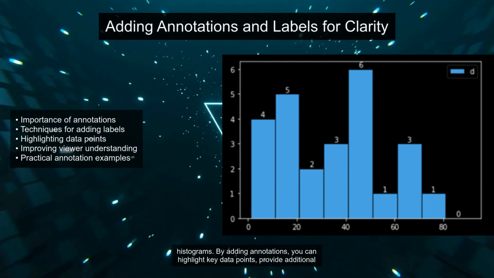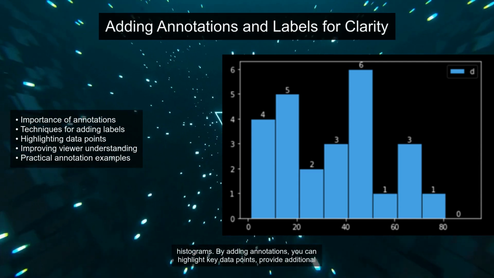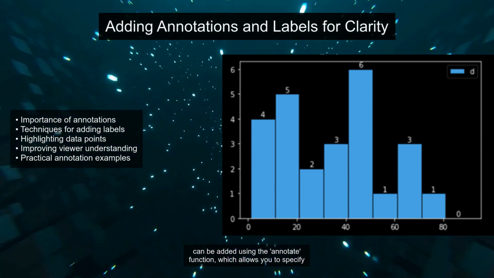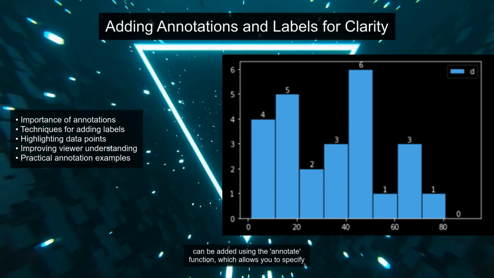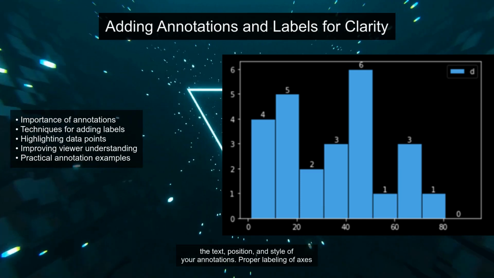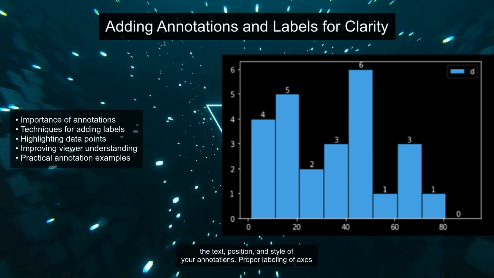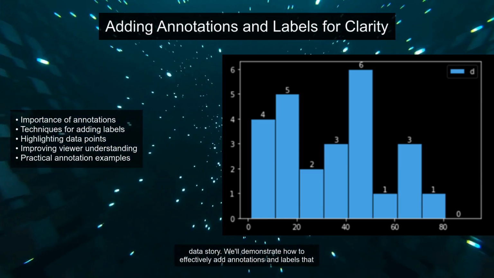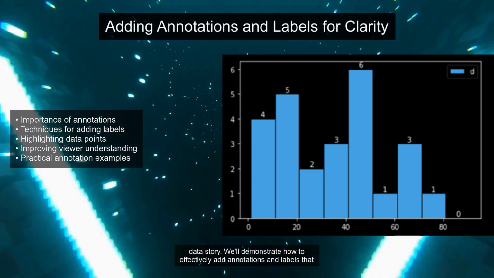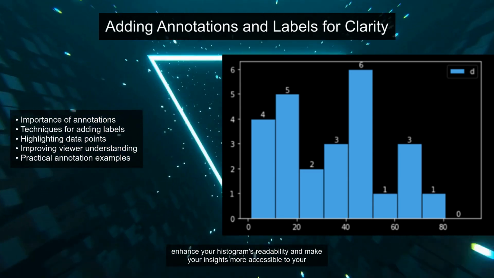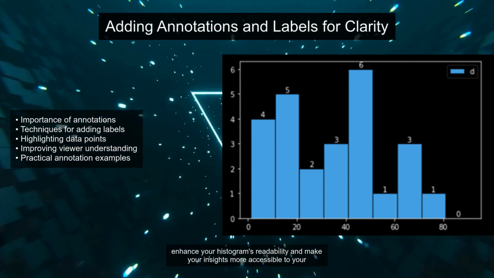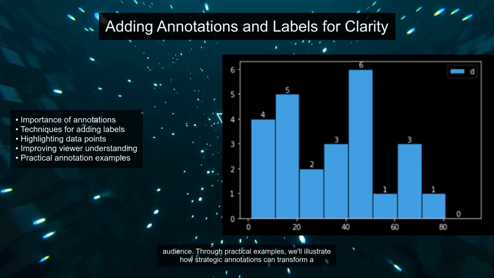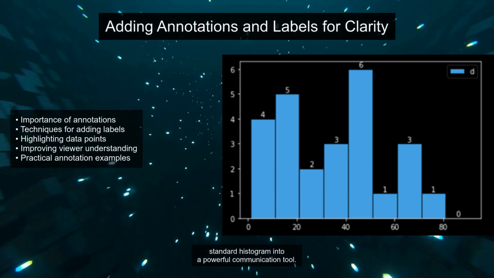Annotations and labels are crucial for the clarity and effectiveness of your histograms. By adding annotations, you can highlight key data points, provide additional context, or explain patterns that are not immediately obvious. In Matplotlib, annotations can be added using the annotate function, which allows you to specify the text, position, and style of your annotations. Proper labeling of axes and data points is also essential for guiding the viewer through your data story. We'll demonstrate how to effectively add annotations and labels that enhance your histogram's readability and make your insights more accessible to your audience. Through practical examples, we'll illustrate how strategic annotations can transform a standard histogram into a powerful